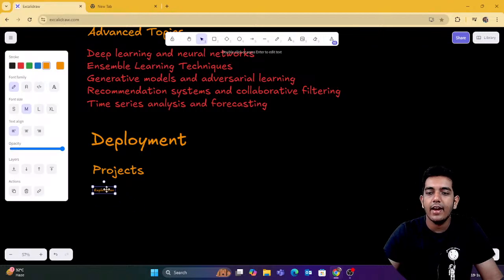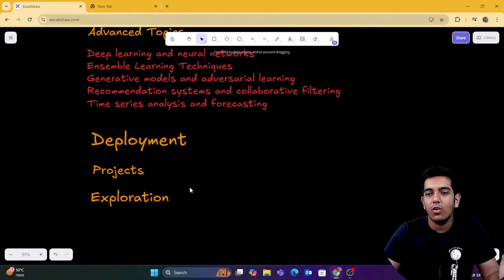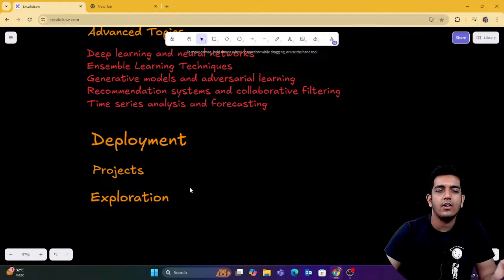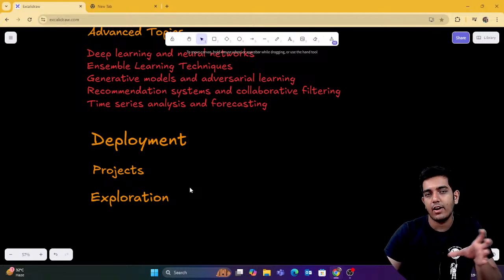Then the last thing is you are going to explore more things. Exploring more things simply means you can go to LinkedIn, or platforms like Instagram or Quora, where you would see a lot of people posting stuff related to it. There are a lot of YouTube channels that post the latest happenings in the AI ML industry. You can follow different people and learn new trends available in AI, like right now there is a lot of shift in generative AI.